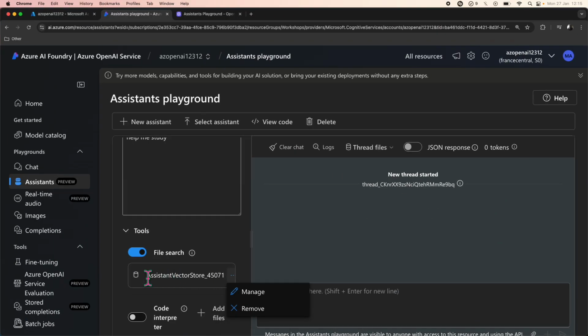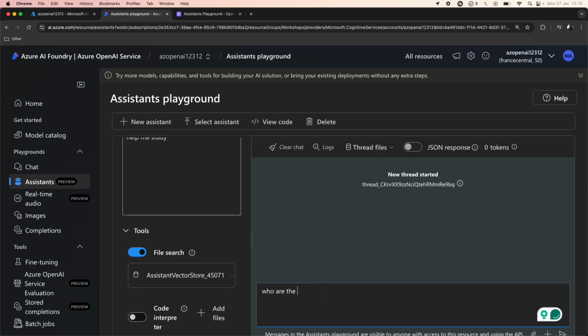After that, what's gonna happen is chunking, embedding, retrieving, augmenting, generating. All that process have been done in the background, and now the data is in a vector store. A vector store is Azure way to say this is a vector database store. And I will ask it who are